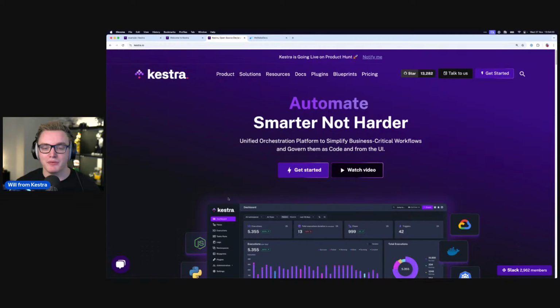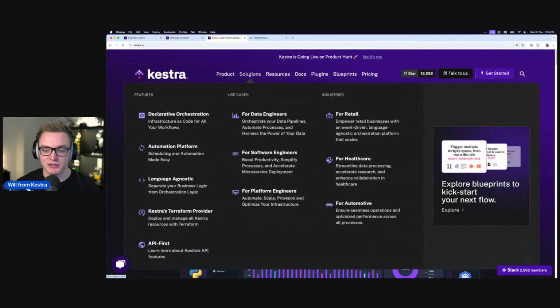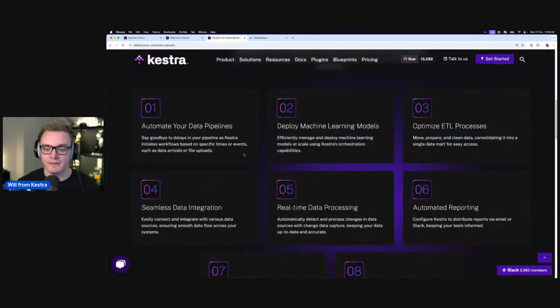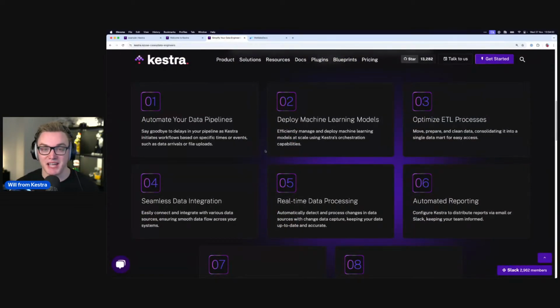And so, what I would suggest here, and actually, I can go to our solutions page for data engineers. There we go. So, here, I think the key thing is obviously ML and AI is such a big thing at the moment. Training models, building LLMs, all those sorts of things are super key at the moment. And Kestra can help enable that process for you. Whether that's you send data to Kestra, Kestra then runs your scripts and processes it and then sends it off somewhere else. Or you use Kestra to scale that by having multiple pipelines running at the same